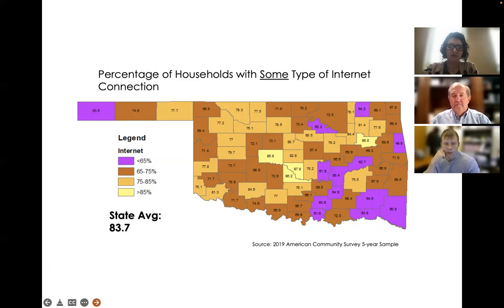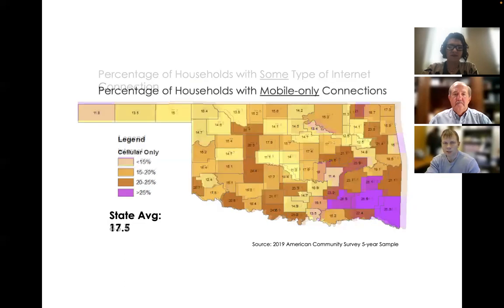And so this shows that you can see the state average is about 84%, but we really only have a couple of counties that are significantly above that. Again, those tend to be in the suburbs of the major metros, and a lot of our counties are really disadvantaged in terms of having an internet connection at home. So this was some type of internet access, and I'll ask Laura to go to the next slide, because this next one